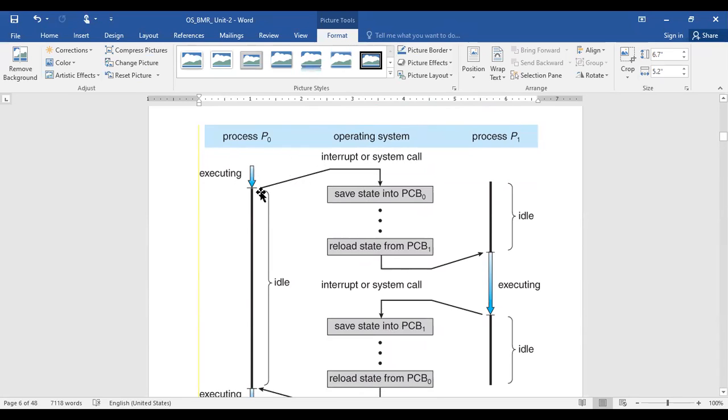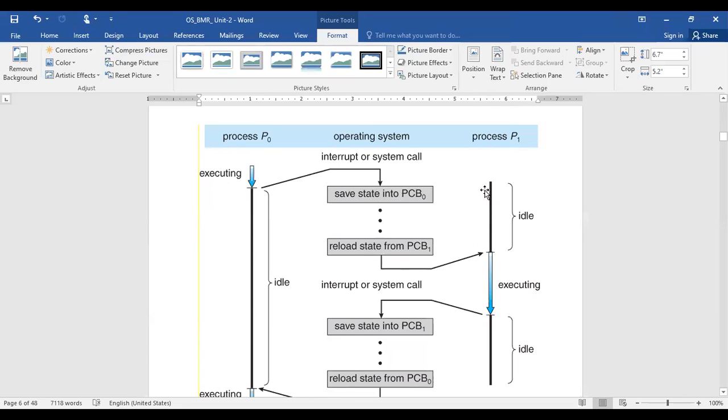Then whatever the current state of this process is will be stored in the PCB: the next instruction to be executed and the registers currently being used by this process. This whole information is recorded in the PCB.